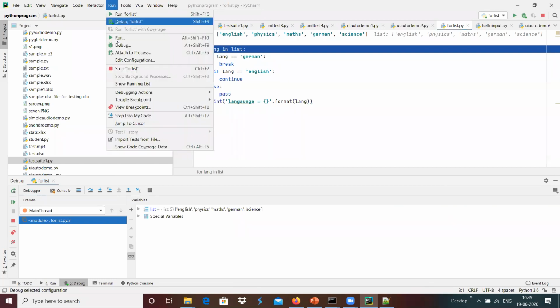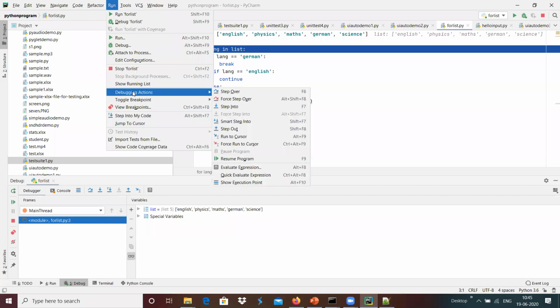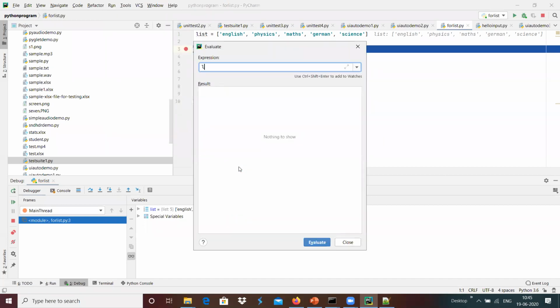Once it's stopped, we can do different analysis. For example, evaluate the expression: I'm going to do list, and we can get the contents and its length. Those can be evaluated, and maybe also list of 0.